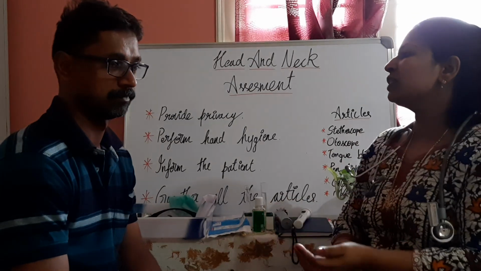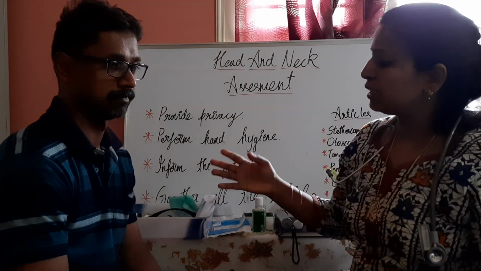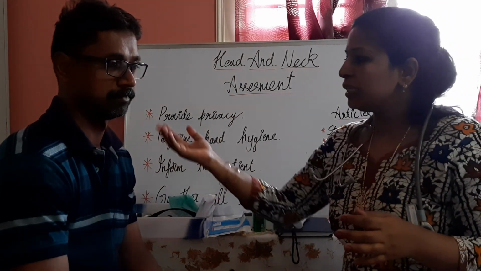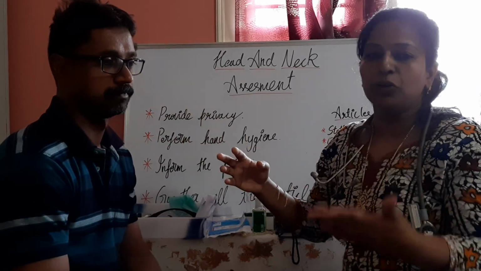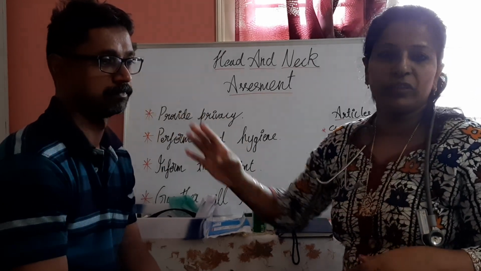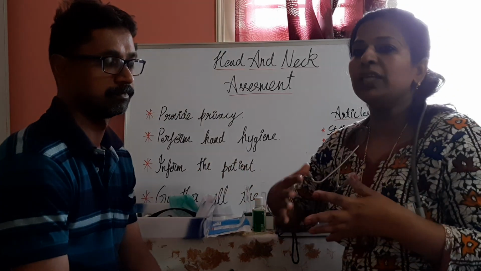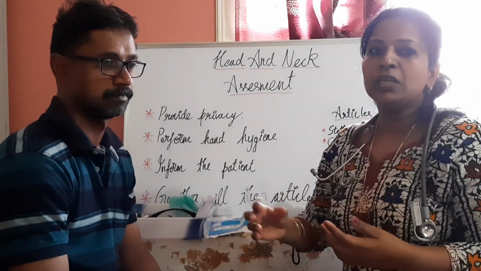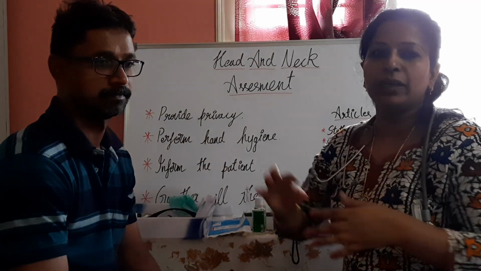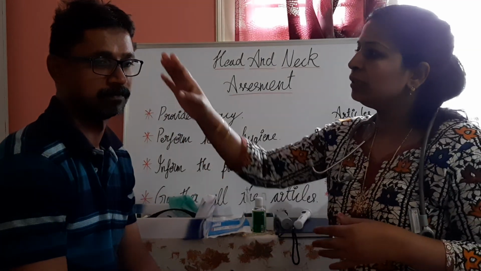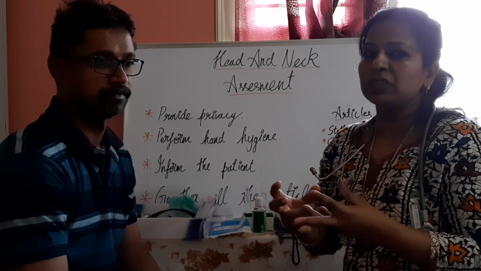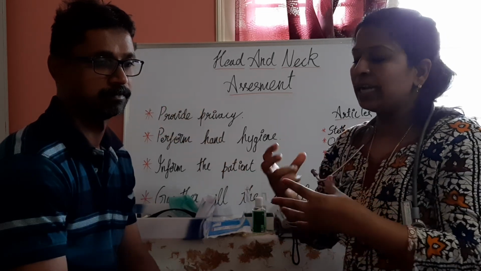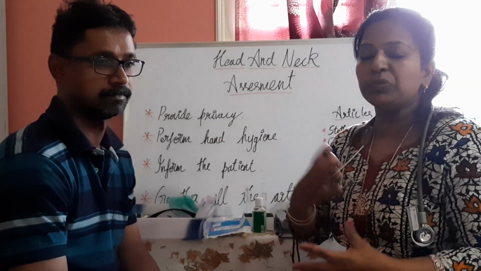In the physical assessment, first you have to see the skin color, the contour of the skin, the tone of the skin. Different people may have different colors, light or dark. Here he has a slightly dark skin color. Then the turgor of the skin, the tone of the skin: how it looks, whether healthy or poorly nourished.